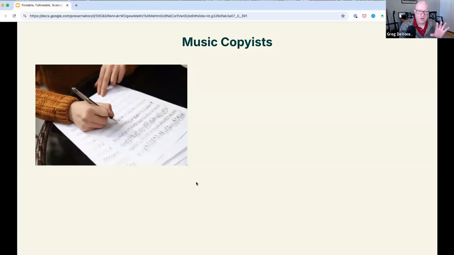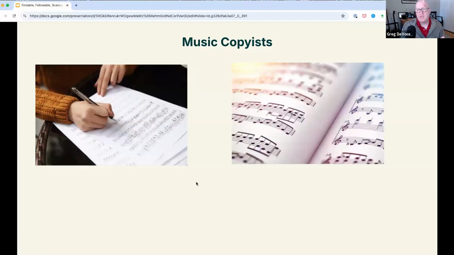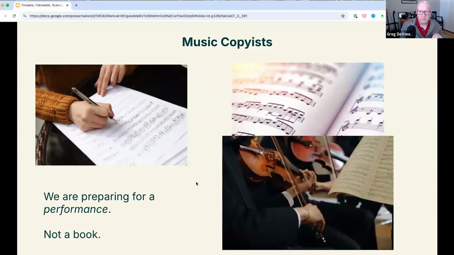When you're a music engraver, you're preparing music for a book. It's going to be printed in a sheet music book. But when you're a music copyist, you're preparing for a performance. And that is very different. So I worked in the film music industry. I was preparing, not scores, actually, individual parts for musicians that are going to be in recording sessions for